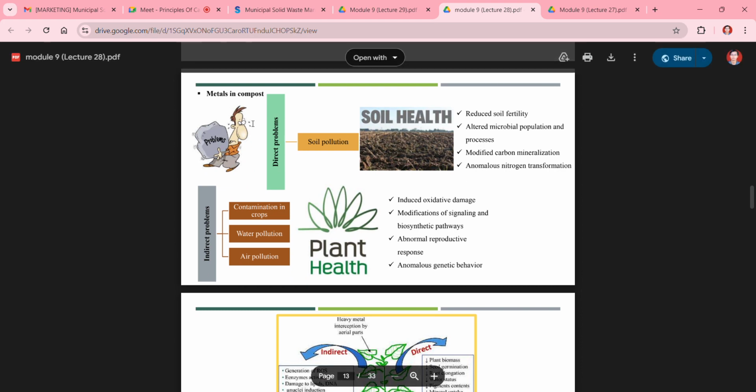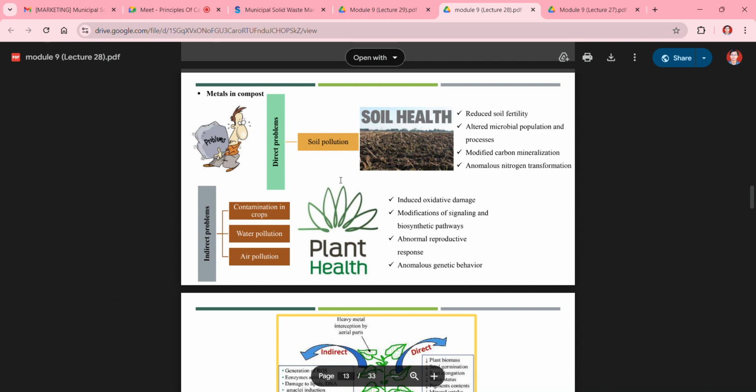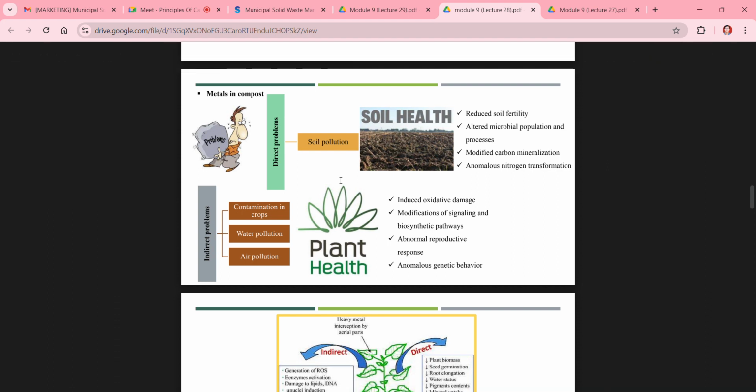Then coming to the metal content in compost. That has to be in trace amounts. There are some limitations regarding different metal contents, some optimum values. So for a proper compost material, these values should not go higher than the prescribed limits for different elements in the compost material. So what are the problems which are going to be created due to these metal contents